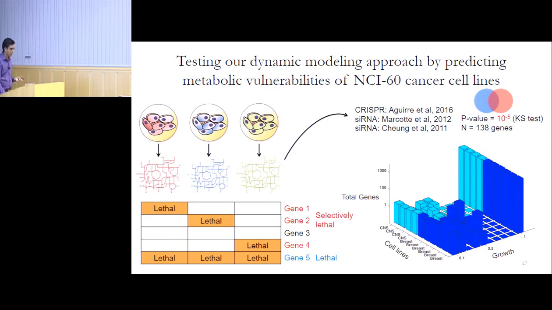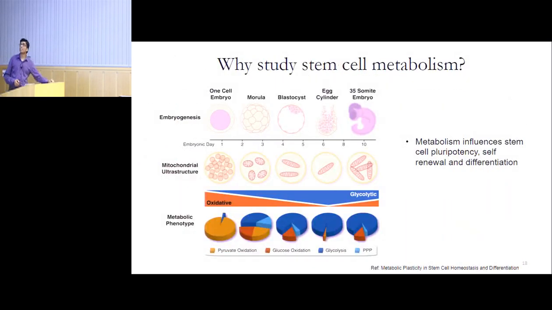We next applied this to understand stem cell metabolism. Just a brief background, what's so interesting about stem cells is that there's been an increasing interest in understanding stem cell metabolism, mainly because it's been found to not only impact the growth of stem cells, but also their ability to differentiate, and also their pluripotency. By pluripotency, what I mean is that stem cells have a unique property, they're able to give rise to various cell types, and metabolism seems to play an important role in maintaining the pluripotency of different stem cells.